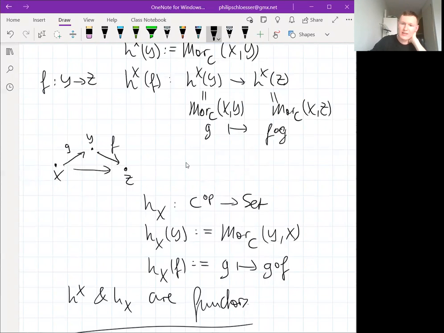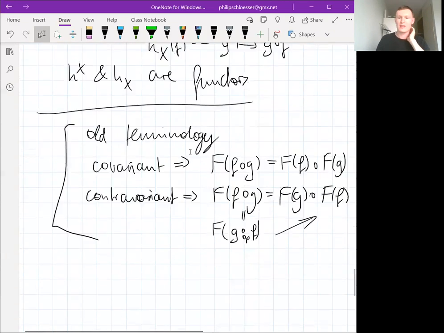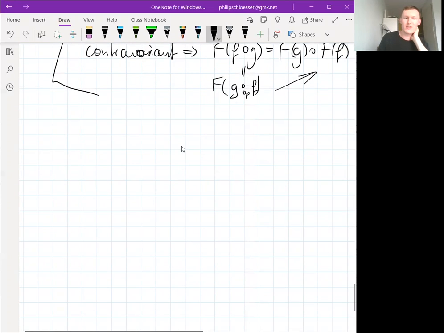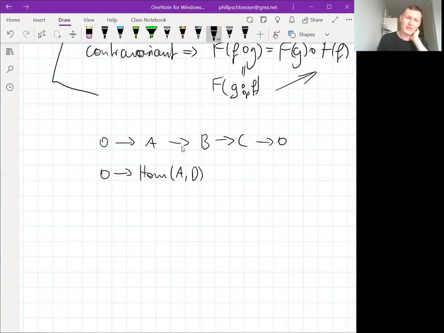I don't know, it's not really that instructive, but in commutative algebra, we often had the question: we have a short exact sequence, and then if we take homomorphisms from some object D to A,